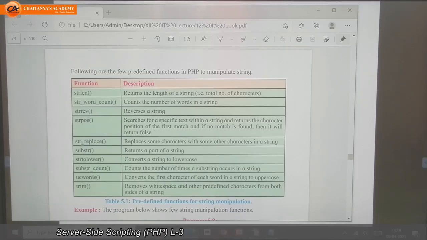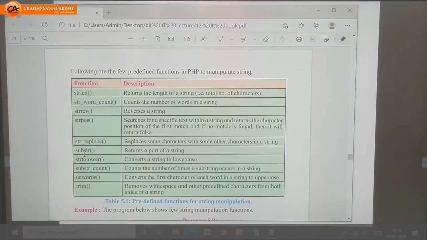Next function is str_replace. If you want to replace a certain string with some other string, then we need to use this function str_replace to replace certain characters with other characters. substr returns part of a string.